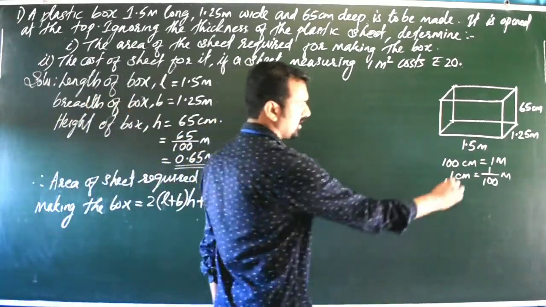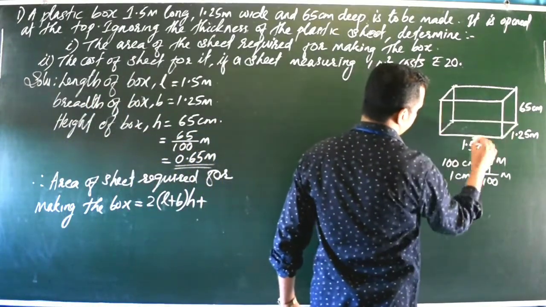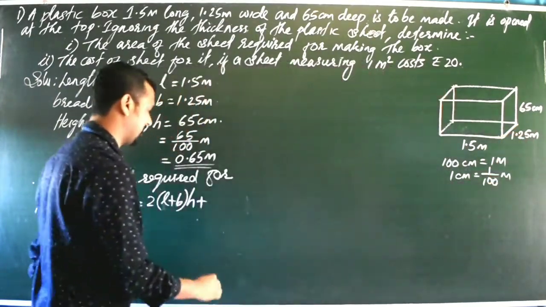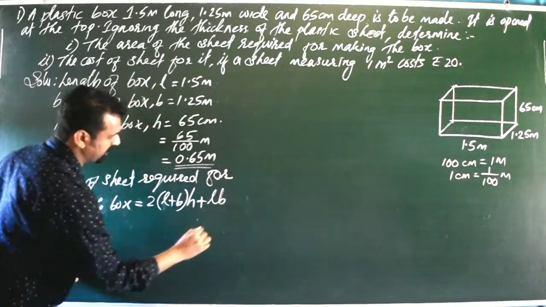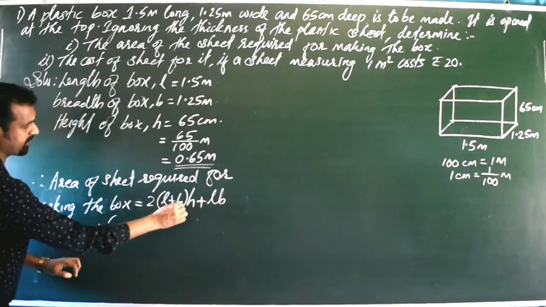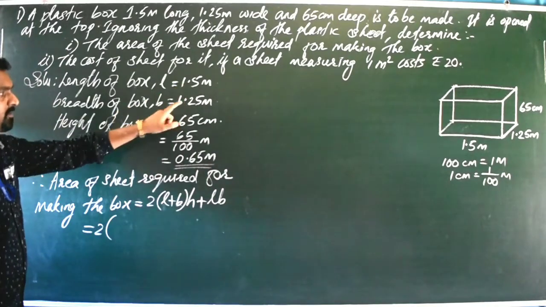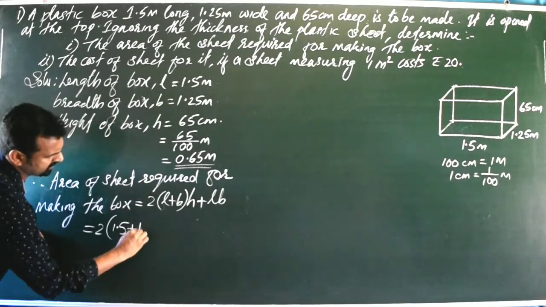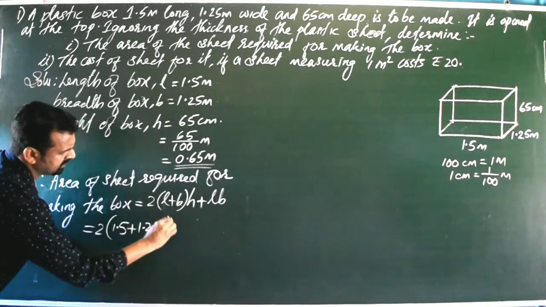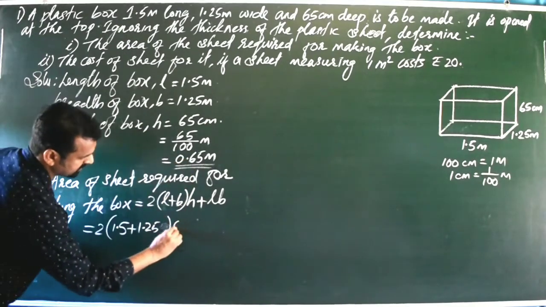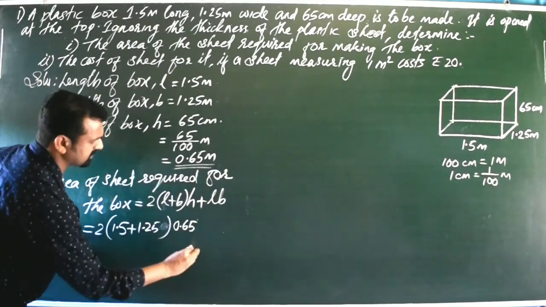Area of the bottom: length into breadth, LB. That is the area of the bottom. Then that is equal to, now substitute the values here, 2 into (L plus B), 1.5 meter plus 1.25 meter, into height H, which is 0.65 meter,